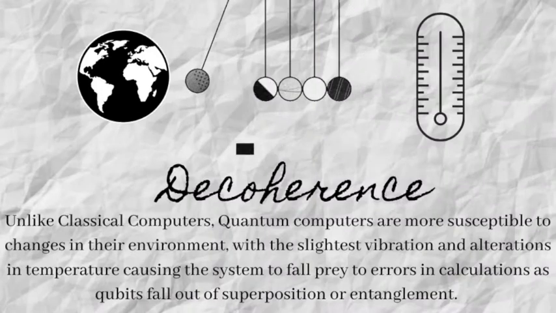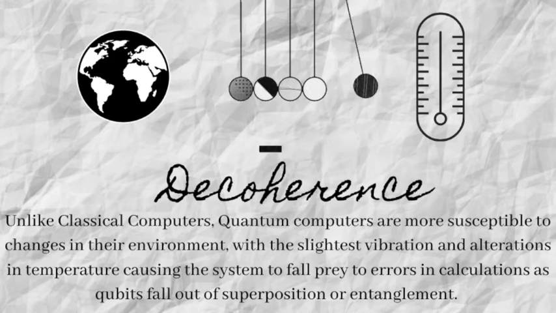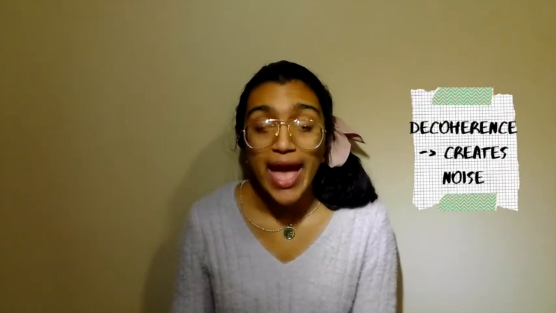The interaction of qubits with their environments causes their quantum behavior to decay and ultimately disappear in a phenomenon called decoherence. This makes quantum computers way more error-prone than classical computers, with the slightest vibration or change in temperature causing qubits to fall out of superposition or entanglement before completing their job. These disruptions are known as noise, and researchers employ various methodologies to reduce it, like placing quantum computers in extensively protective environments. Still, many researchers are optimistic about the application of quantum computers to our daily world, such as in